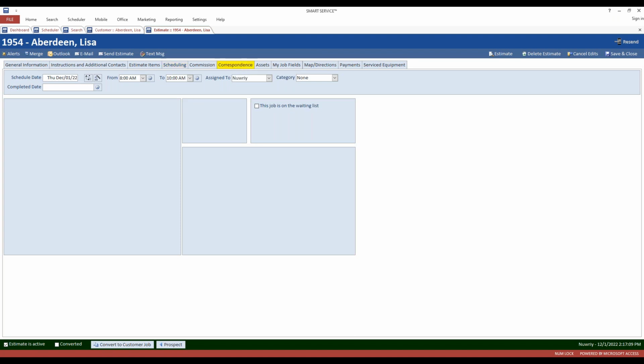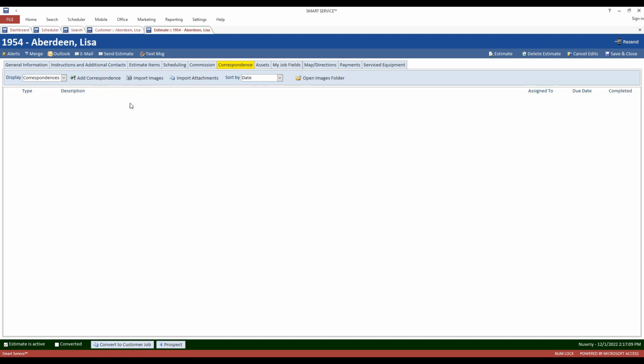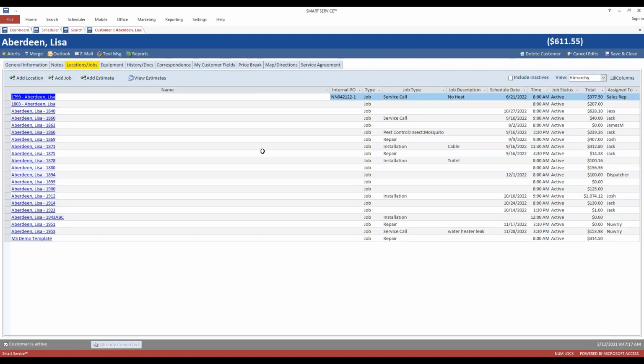There is a correspondence section here. You might upload some photos, things that you take in iFleet, pictures and stuff like that will show up in here as well. But if you're happy with that, you could send it to the customer, or I'm going to show you another way to do that. If you save and close an estimate and maybe we need to fill out more data